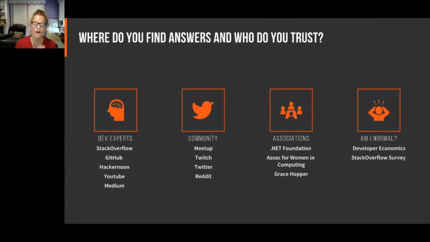I don't know how familiar you are with Meetup, but that's amazing. You can find user groups in your area for just about any technology. My company is entering a new market in data, and I found some local groups where they've already helped me shortcut to so many answers to my questions. I'm basically 100 times smarter after the first meeting I attended. And we got some good recruiting advice as well from there. So Meetup is amazing, and if you haven't joined that, you should.